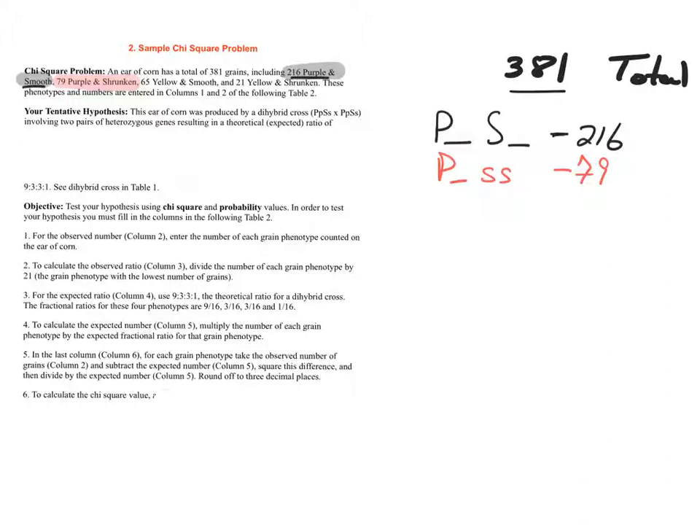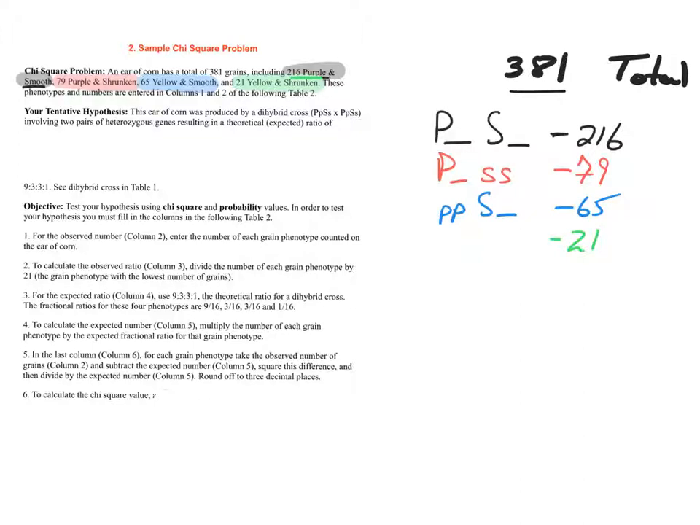The next 65 yellow and smooth. 65 yellow and smooth. Yellow is what? Little p, and smooth is what? Big S blank. We're not sure what that is. It could be another big S, it could be a little s, we're not sure. And our favorite child that gives us all the information in the world is this